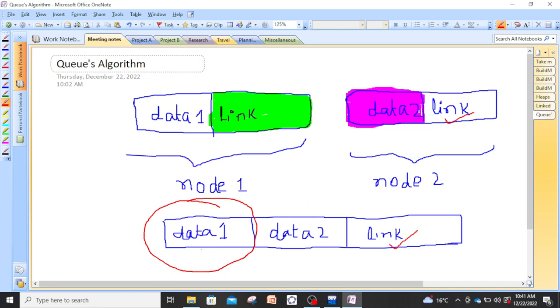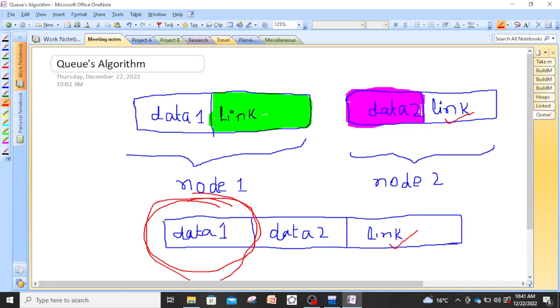And how can we remove it? If you have understood the attaching mechanism, then this deletion is just the opposite of that. For that, you see, I have kept the pink part over the green part. So for the deletion we have to remove this data 1, and for removing this,